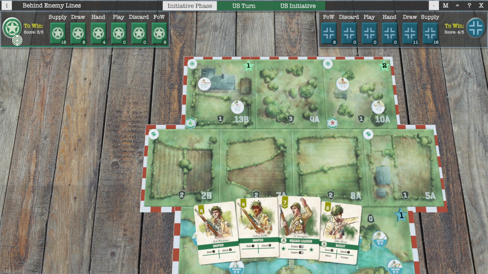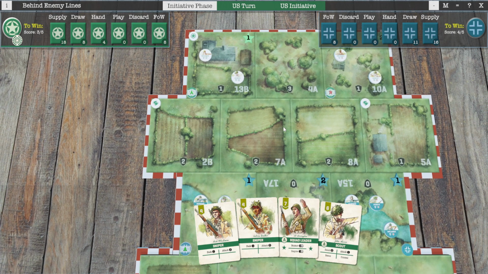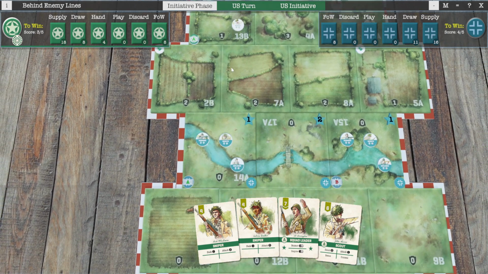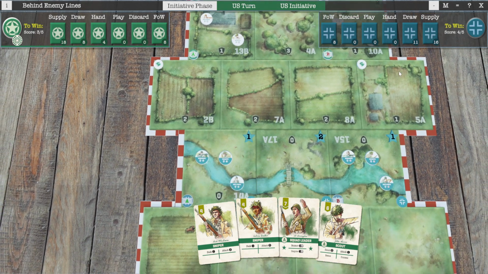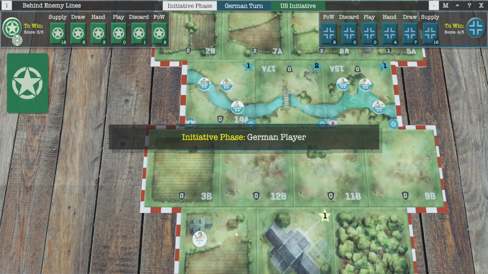So I guess the question is, what do I want to start with for initiative purposes? I'm thinking I want to use my sniper to its fullest. I'm thinking of using the scout. I don't want to go anywhere with my scout. I kind of want to hang tight and defend my territory. So I think I'm going to use my scout for my initiative, and let's see what he uses for his